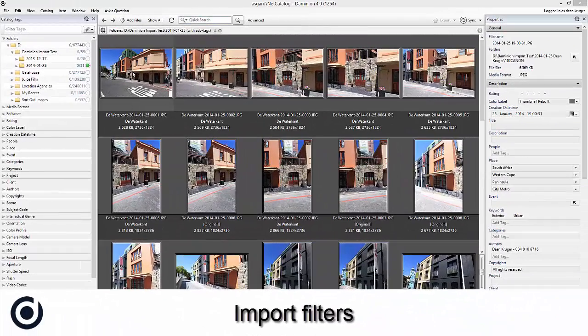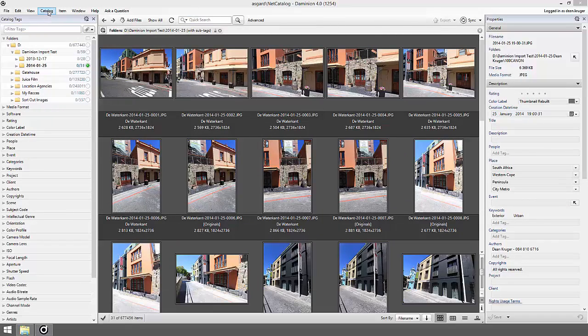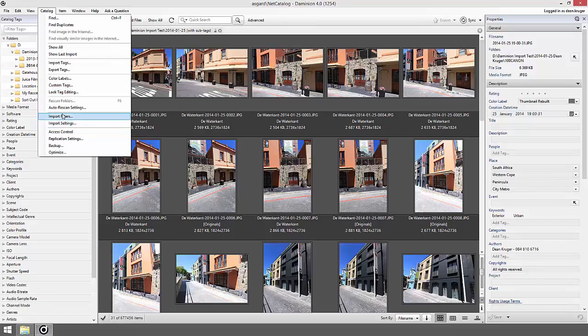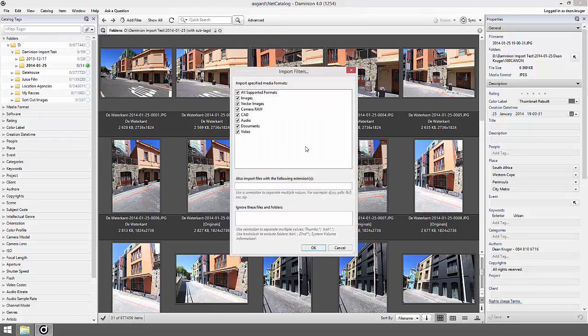Okay, so next up we're going to be looking at applying an import filter. Now you'll find this option on the catalog menu, import filters, and here you can specify what formats of media you would like imported into your catalog moving forward. So what I'm going to do is I'm going to exclude certain file types. I'm going to exclude the camera raw images,